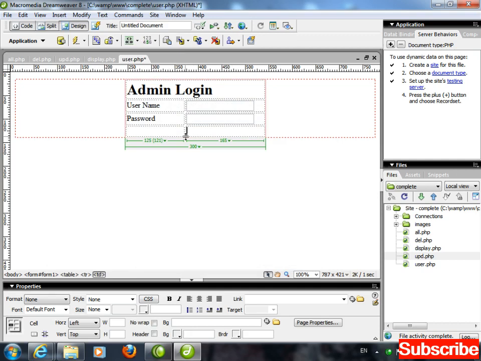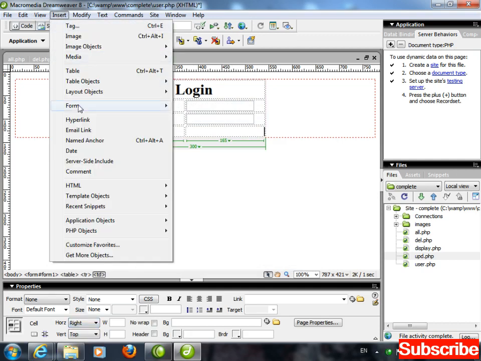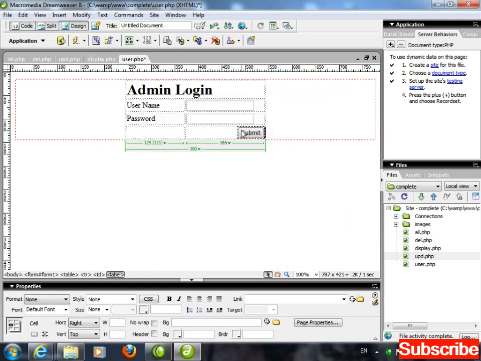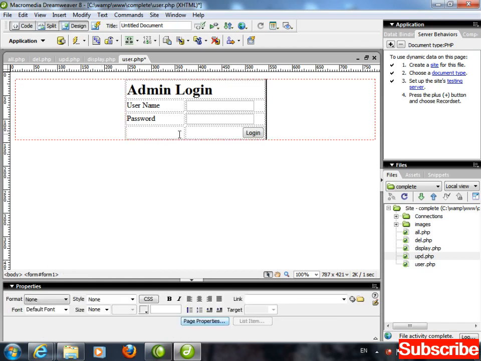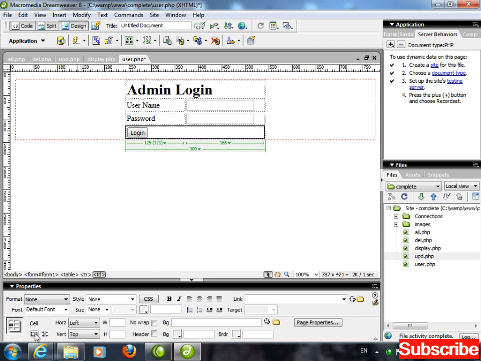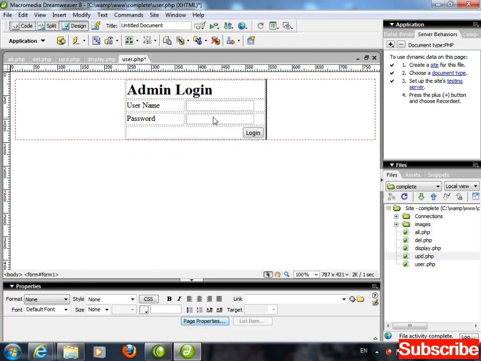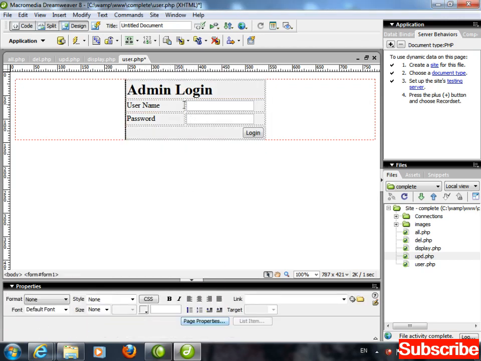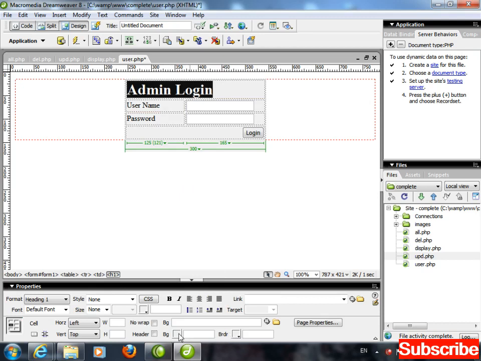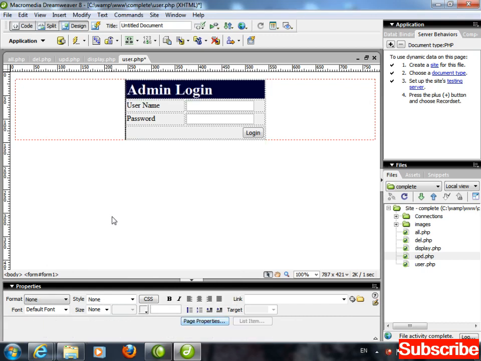And here I am going to insert a button, but before inserting, alignment right side, insert form, button. Click on the button and here I am going to write login. Overall table selected, background color this gray color, text selected, background color this dark blue color and the text color to white color, right?